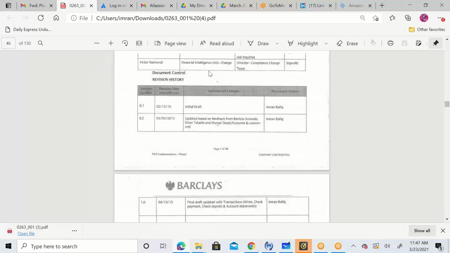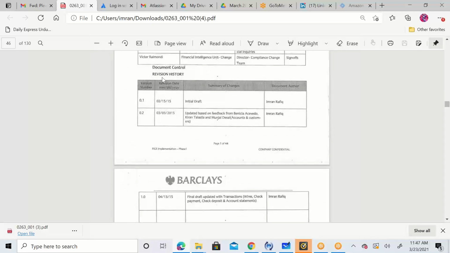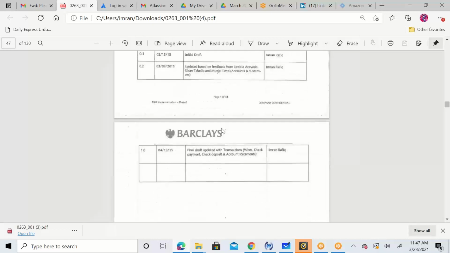Okay, see this document control or revision history that should be recorded on your FRD or BRD. First draft I wrote. I updated this draft based on feedback from Benicia Avocado, Kiran Talasala, and Manjul Desai. Account and customer information was the one which was changed. Final draft updated with transaction, wire checks, payment check, deposit account statement,